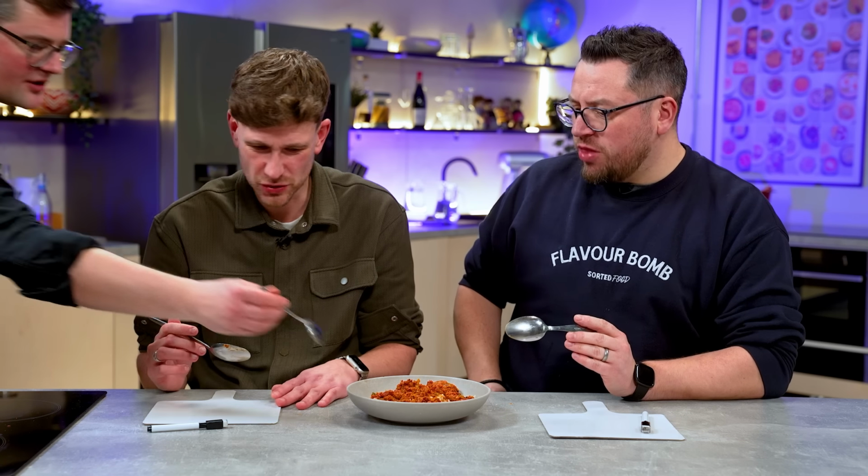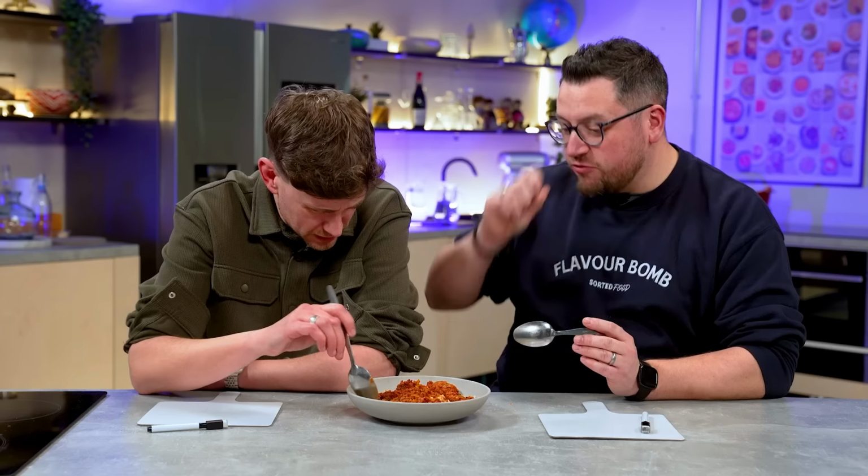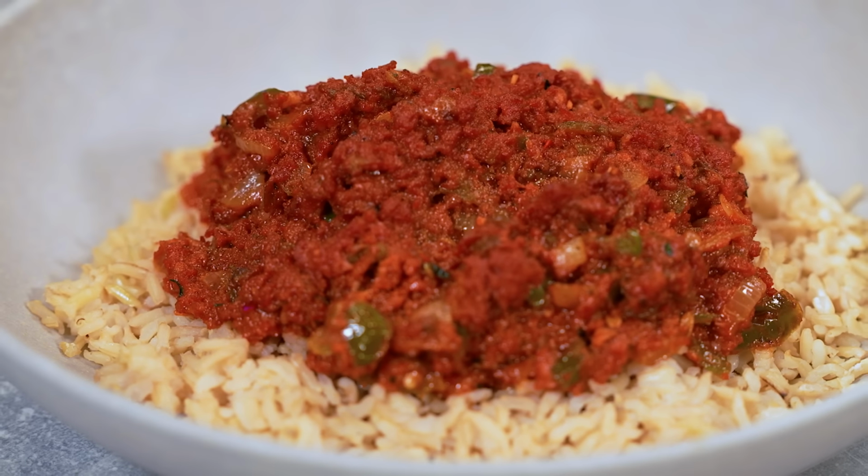It's really pasty. It's very corned beefy. It's corned beef. I've not actually tried this. That is corned beef. Spicy tomato corned beef with rice and peppers. Exactly that. So this is a dish that is made using a lot of staple ingredients like corned